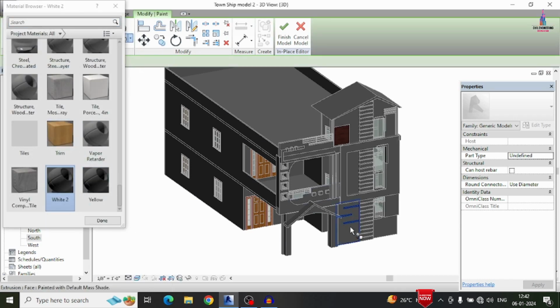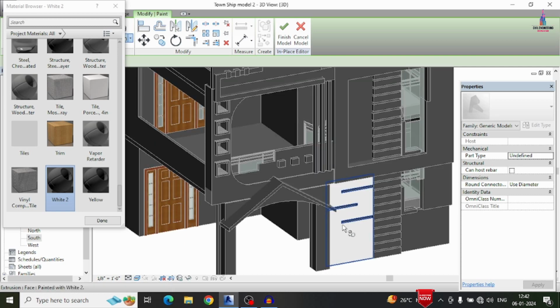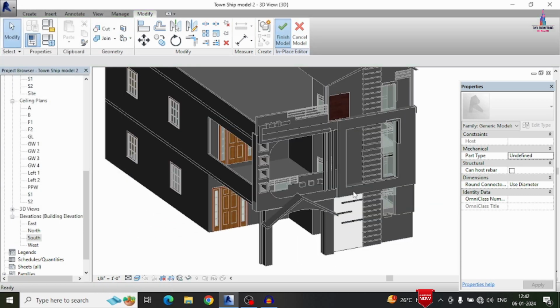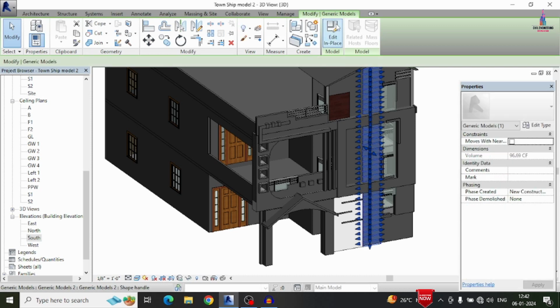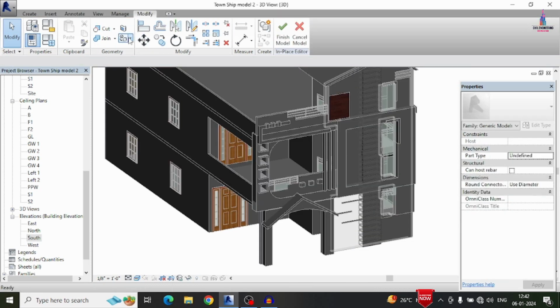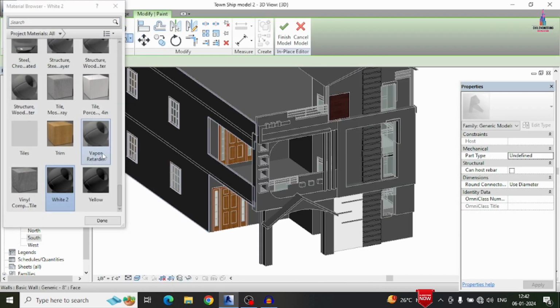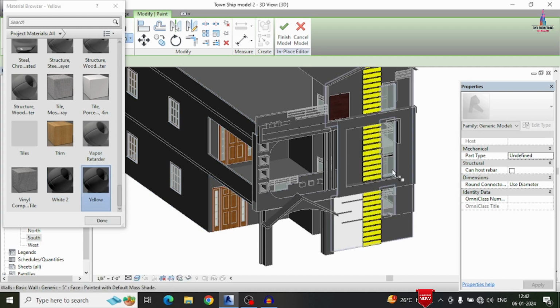So you can pick white color now. You can apply the paint for this front facing direction. Now you can see it was applied here like this. In the same process, I will apply the color for this pattern. So click on edit type option, click on the paint option here, select here. So we can select the yellow color for this particular pattern if you consider.